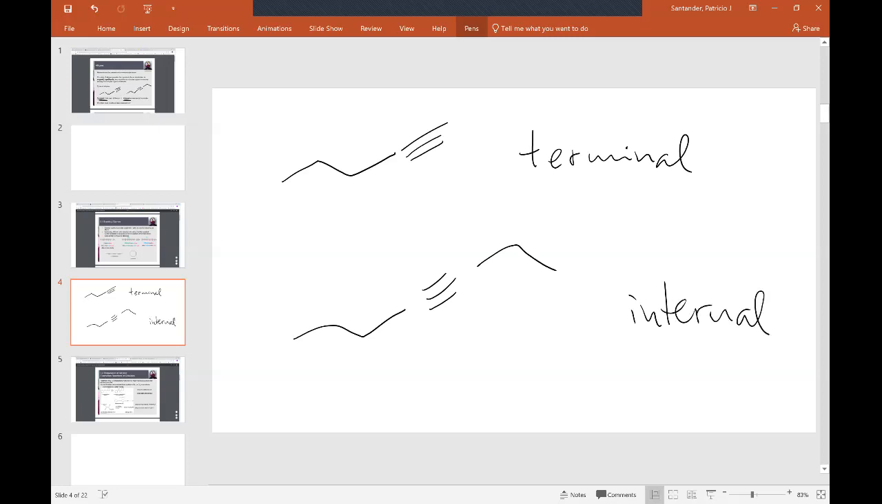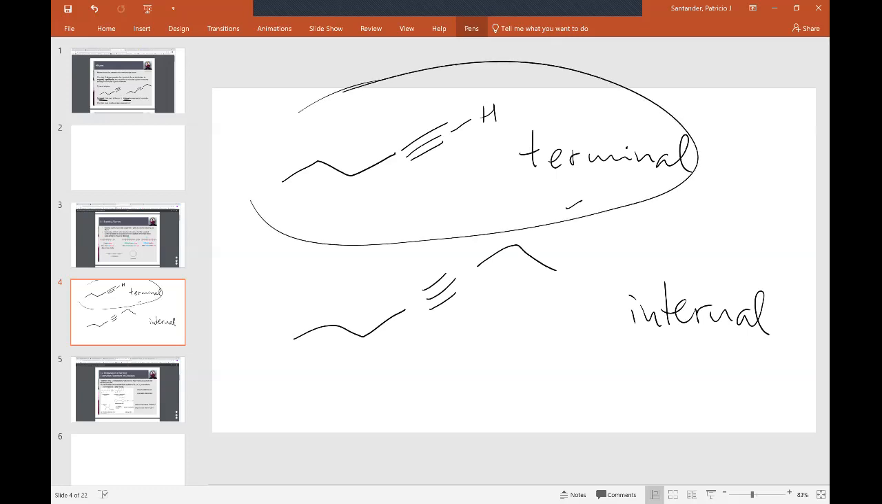The terminal alkynes will be particularly useful for synthesis. And that is because you have one hydrogen atom here that is relatively acidic. If you look in your table of pKa values, you will see that the pKa value associated with this terminal alkyne is around 25. So that means that with some bases like Na plus NH2 minus,